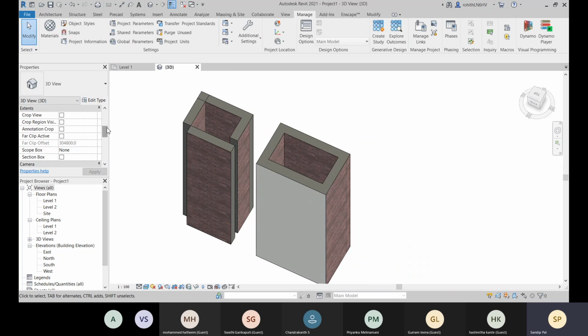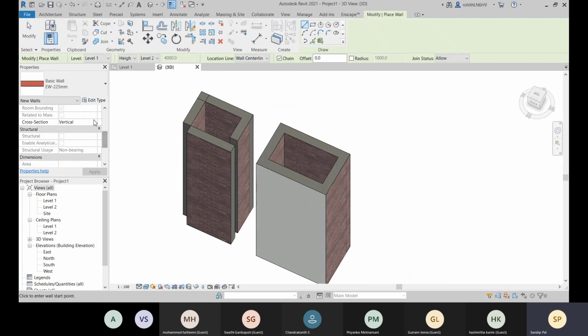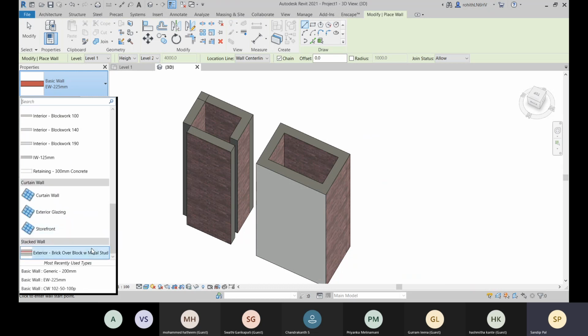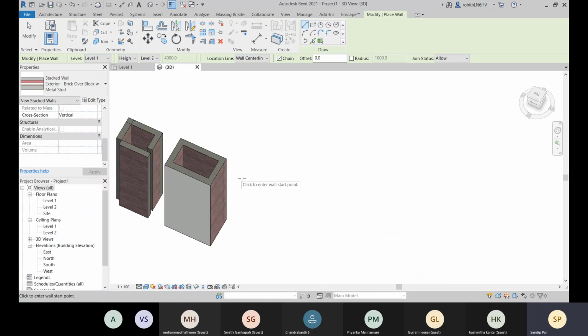Now let me place a stacked wall also. For that we have this stacked one. One default stacked wall type is available. As I have told you, when you place sub walls vertically with different heights, that is considered a stacked wall.